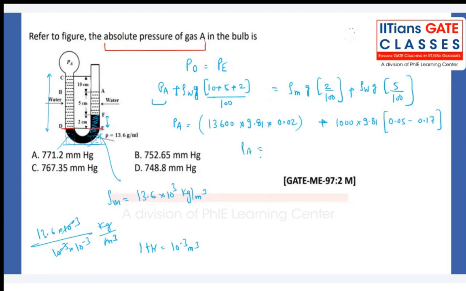You just try to calculate 13,600 into 9.81. Keep your calculator on, guys, all of you. 2668.32 minus what I will be getting, 0.05, 0.17 into 1000 into 9.81. I will be getting 1177.2. PA value will be 2668.32 minus this one. So I will be getting the values as